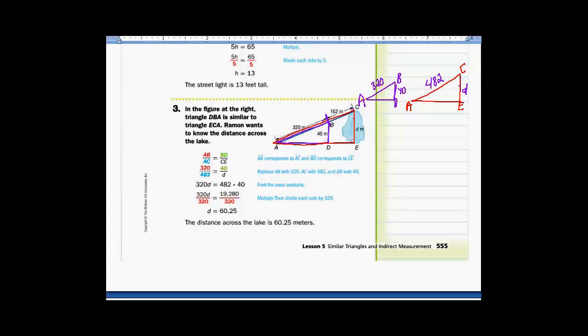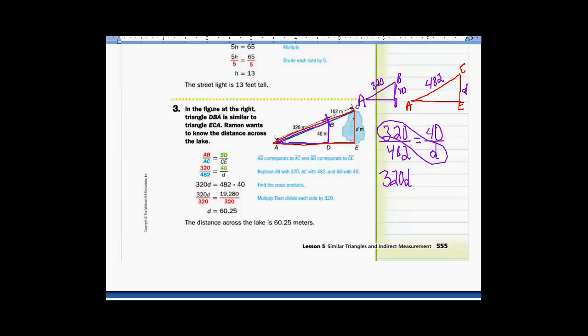So small is to big. 320 over 482 equals small is to big. 40 over D. Cross products. 320 times D,